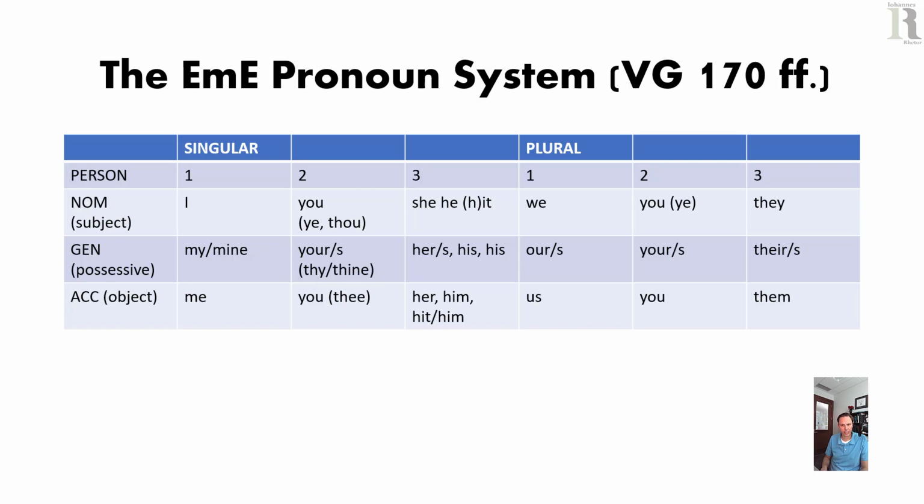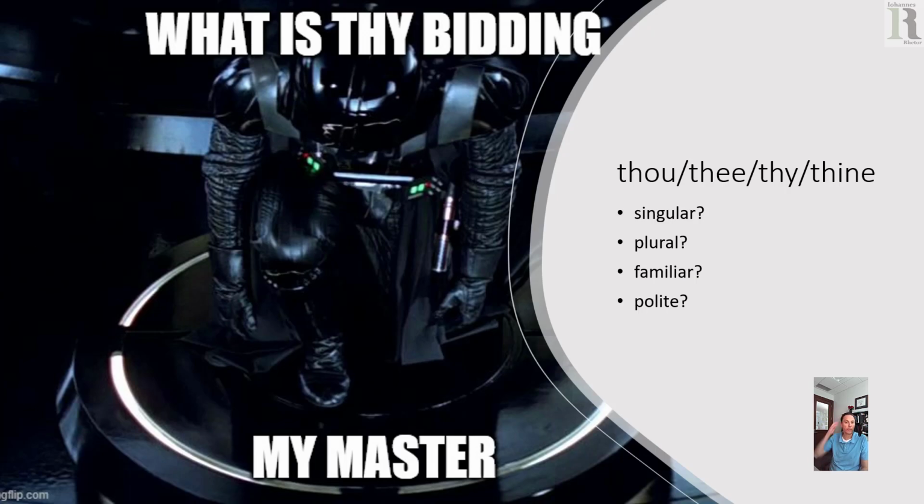So we can see how it's close to what we have now, but changed a little bit. Now, the biggest change, the most conspicuous change, is of course the loss of thou, thee, thy, and thine, which was in Middle English a singular form as opposed to ye, you, your, yours, which was a plural form. Now, this wasn't originally the case, but you came to mean, in the early modern English period, you and thou,